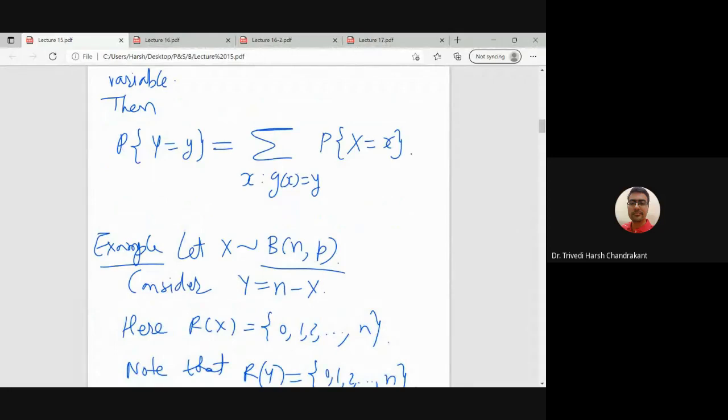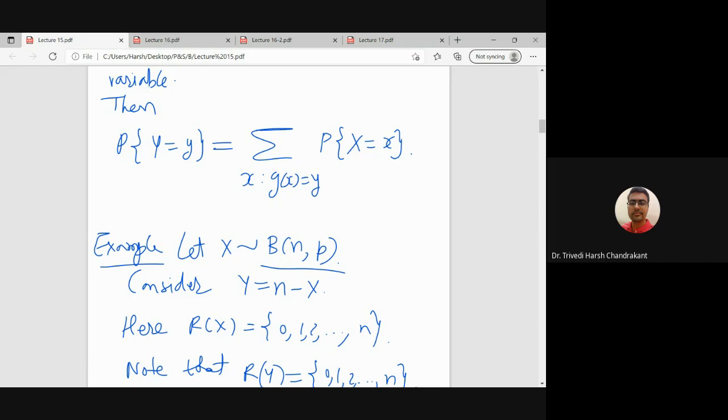g is a function from R to R, and X is a random variable. So we compose these two functions, and the outcome of that is again a random variable. For that random variable, we have studied the probability mass function. And to find that probability mass function, what essentially we are going to do is we are going to find